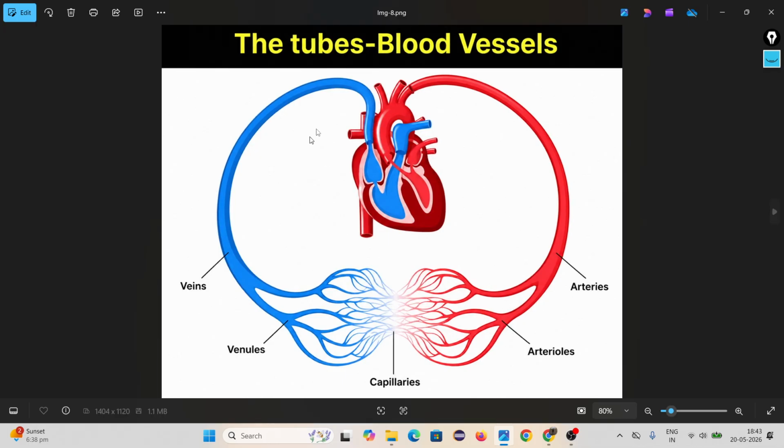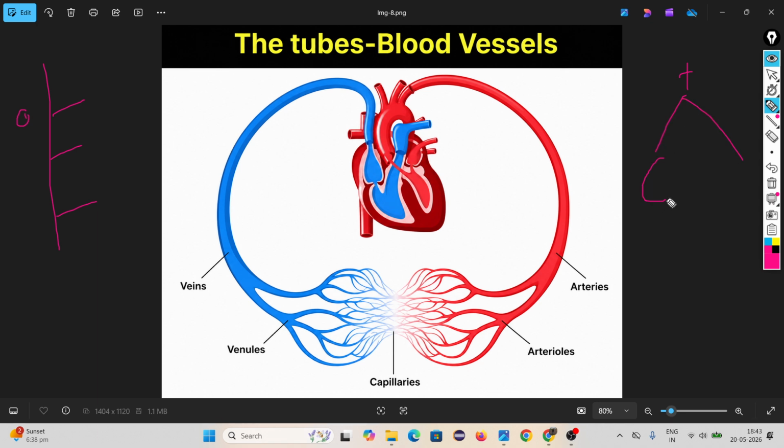Then come to our transportation system. Look, transport in human beings. Transportation happens by two systems. One is the circulatory system, one is the lymphatic system. Now we are learning the circulatory system. A human circulatory system consists of three things: blood, blood vessels,